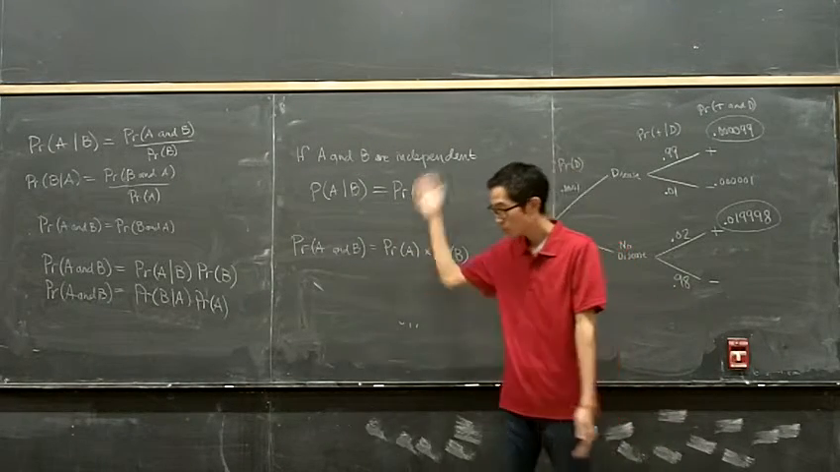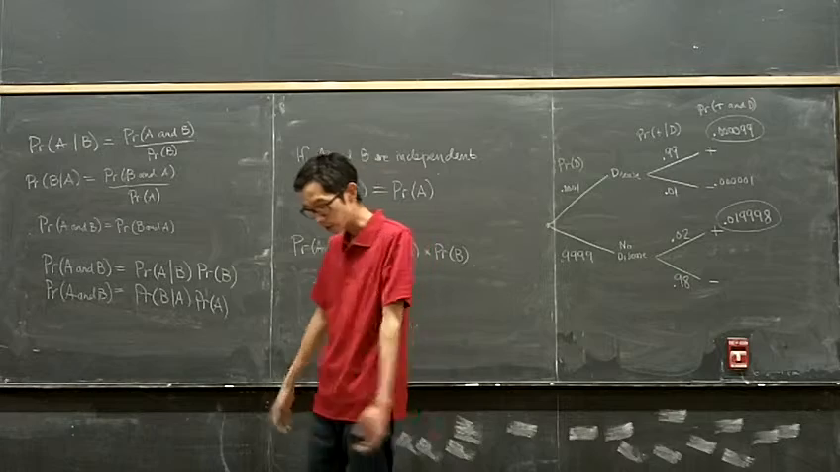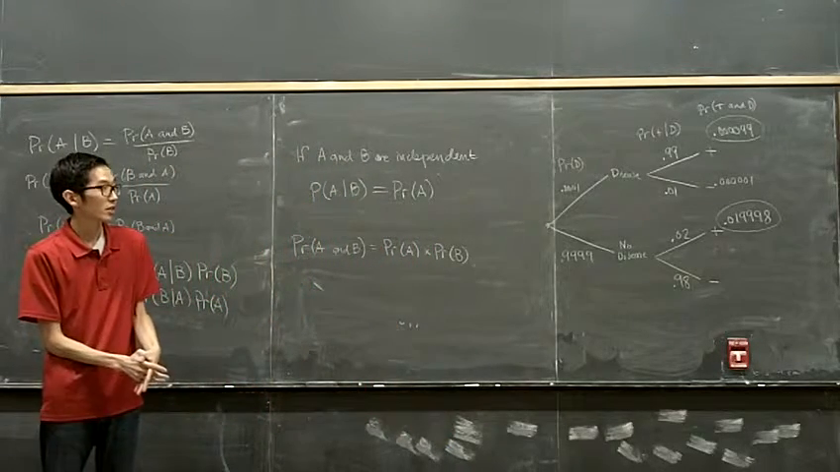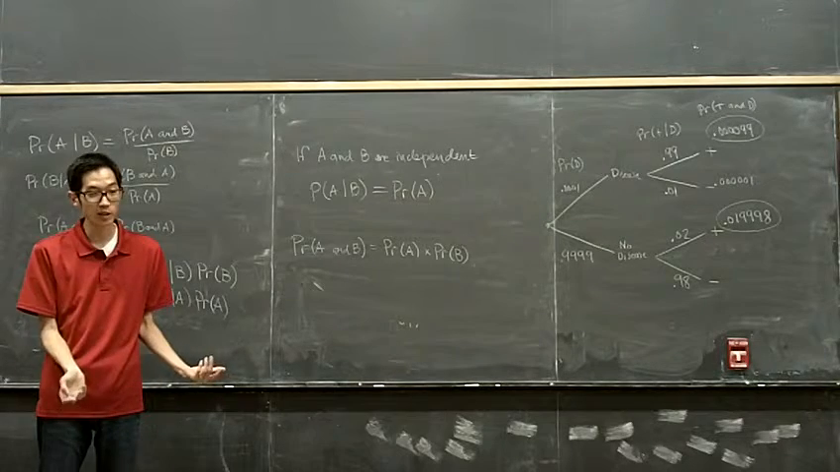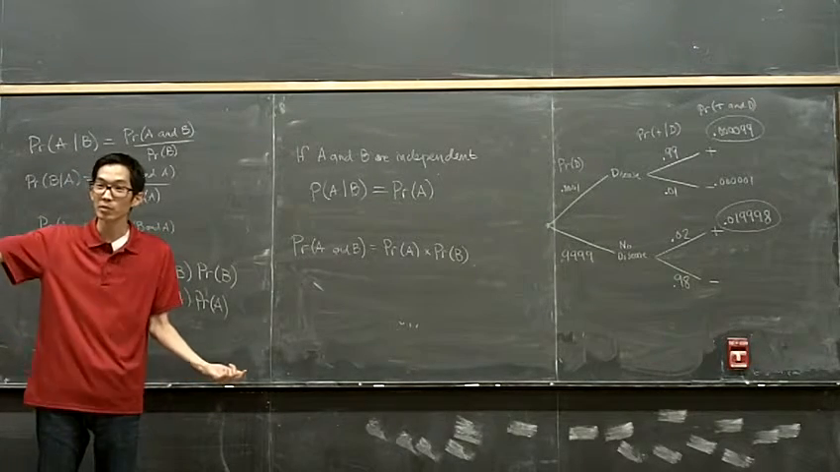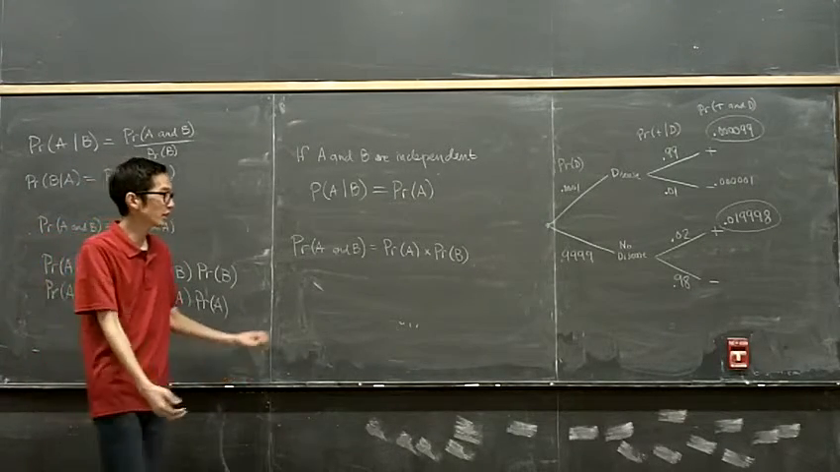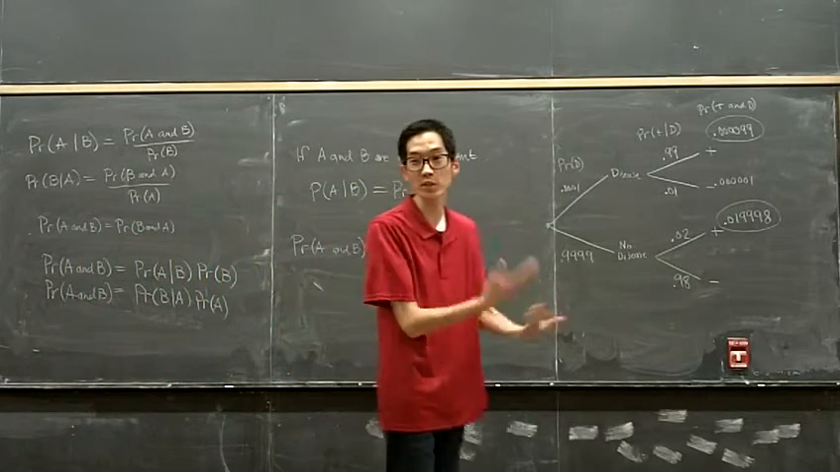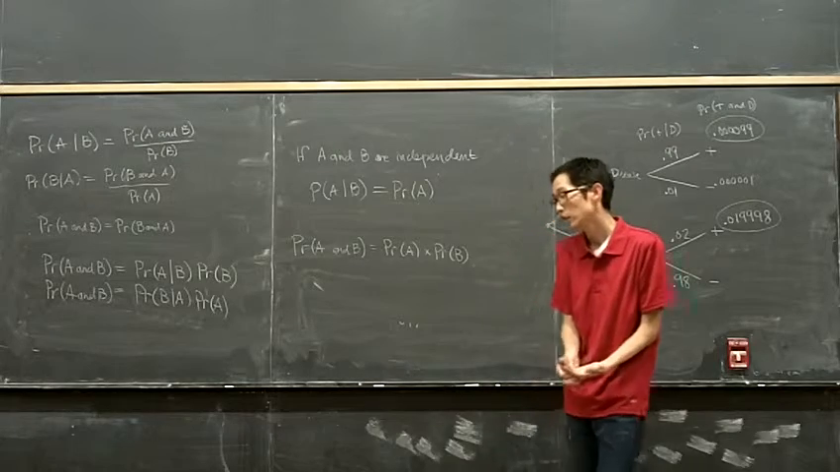So, when we had the dependent example, I said if I know it's raining, the probability that there's traffic goes up. Those events are dependent, because the probability of traffic depends on whether or not it's raining. On the other hand,